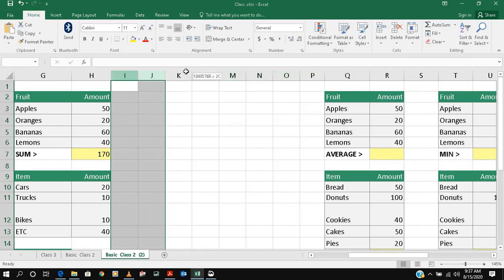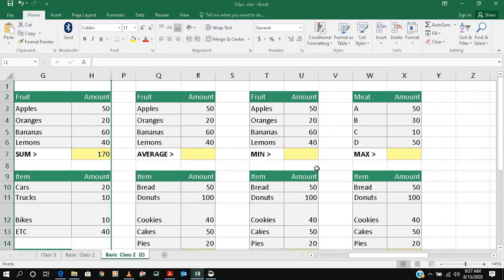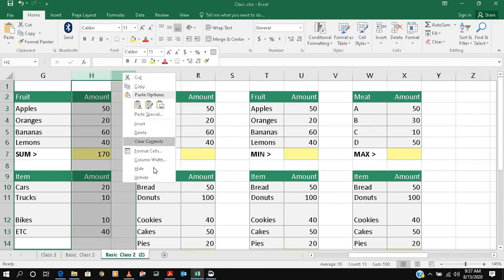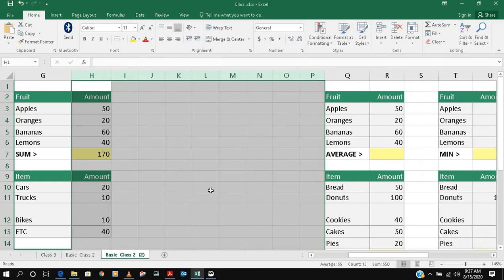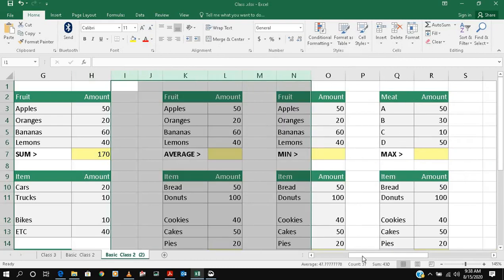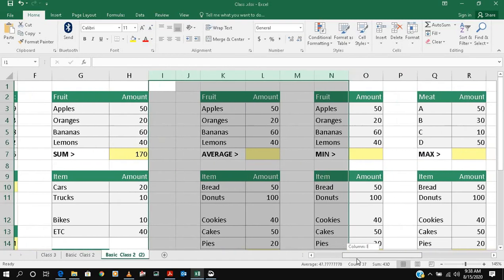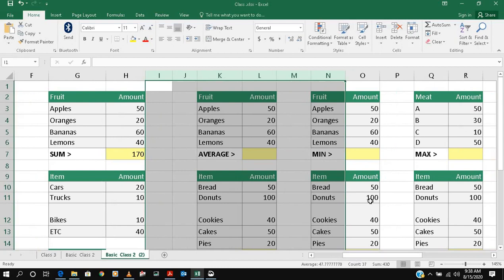Then suppose you have some important information inside this and you want to hide it right now. So you will just hide. These are hidden columns, from H directly to P, it's not in between any column. So you select again and unhide, right? Right now I'm deleting these because they are not required for us. Okay, so now we'll go to the next thing, and if you want to learn more, please stay till the end.